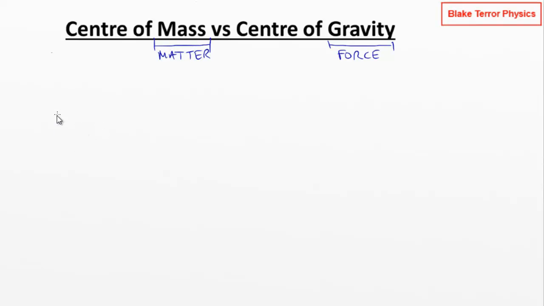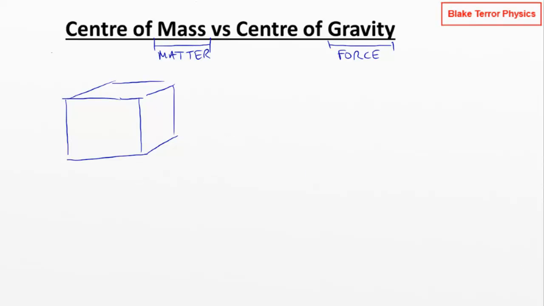So let's start with centre of mass. Say we've got, this could be any object really. You might have a surface, you might have a volume. So say this was a cube. Then the centre of mass is only concerned with the object itself and how the matter is distributed within it. And then we're saying, well, if we were going to reduce all of that matter down to a single point that was at the center of that object, the middle of where the matter distribution is, then where would we